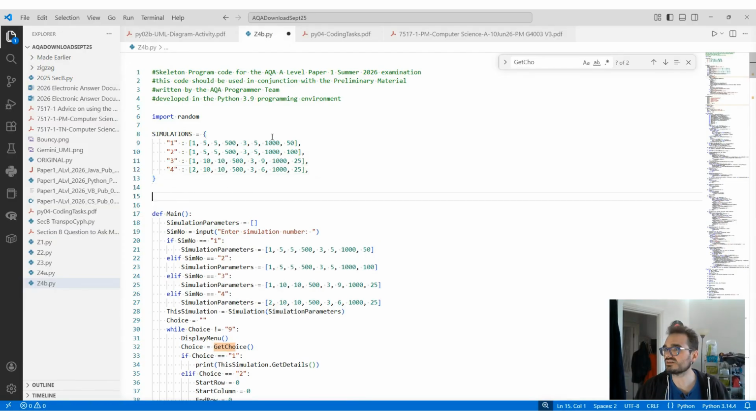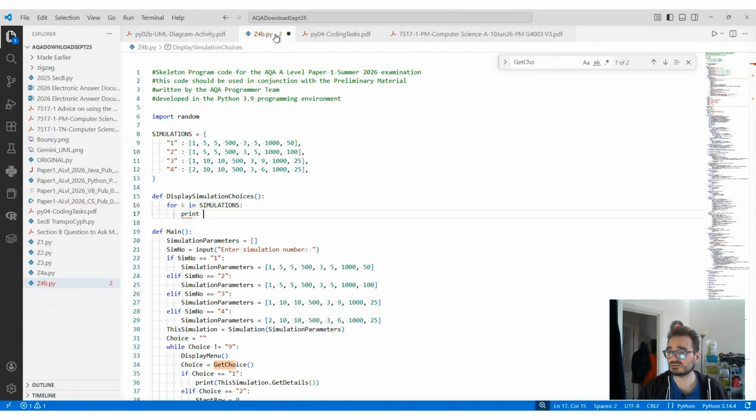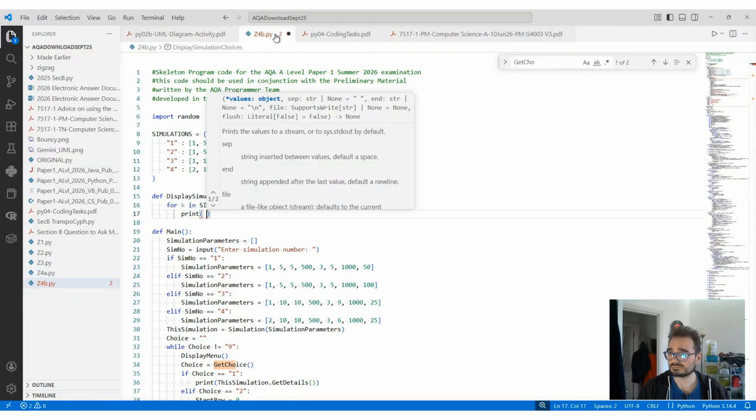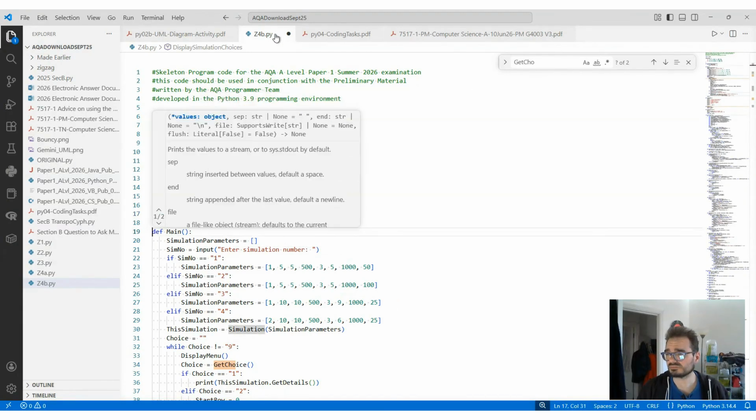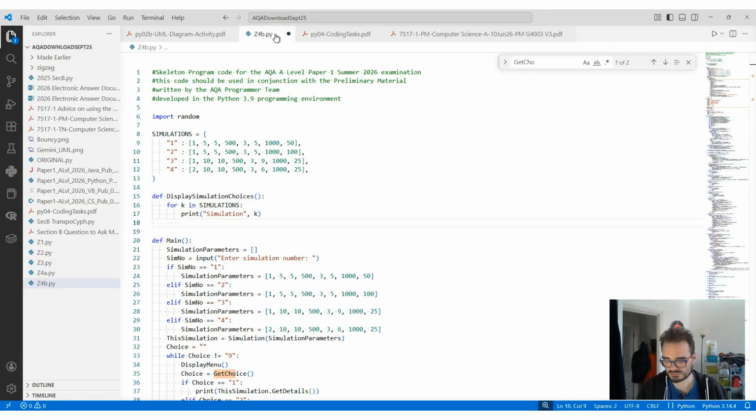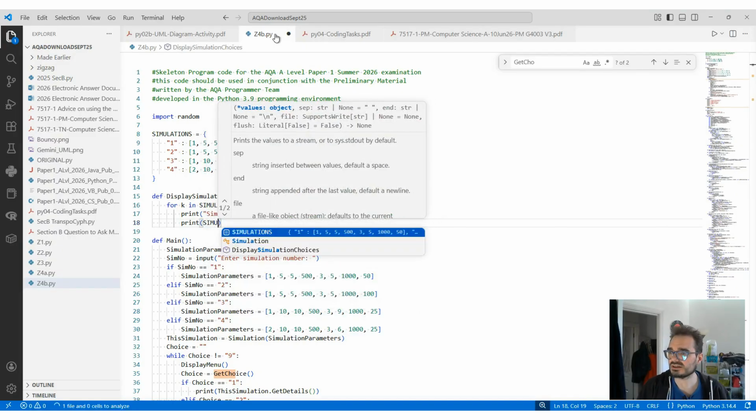So now I can do my, was it display details? Display simulation choices. Def display simulation choices, bracket, for K in simulations, colon, so print simulation K, so it's going to be simulation 1, simulation 2, etc. I don't know if I want to put some bars or separators. So we have, I'm going to get that in the,